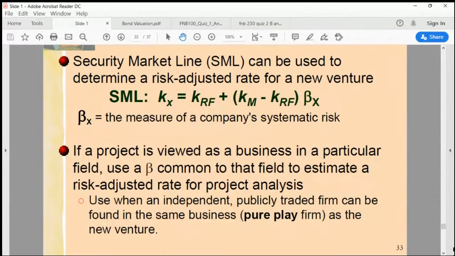But here we have a little problem, right? So your project, just like SpaceX, is a business in a particular field, right? So you want to use the beta common to that field, but